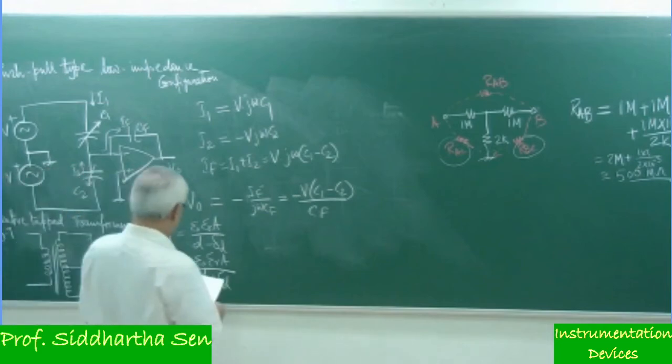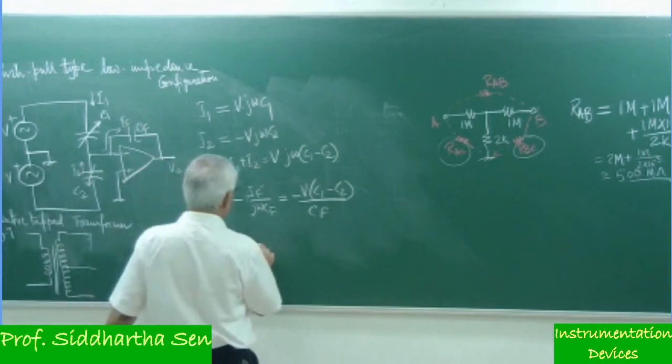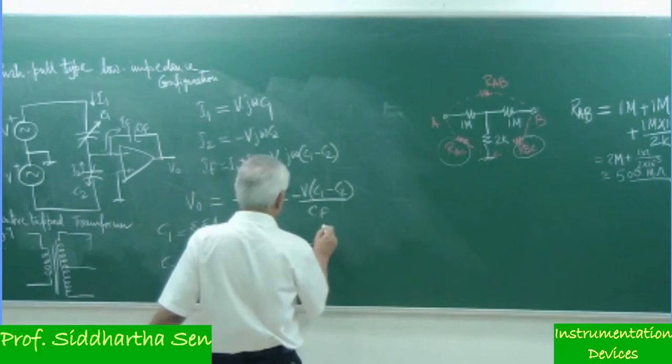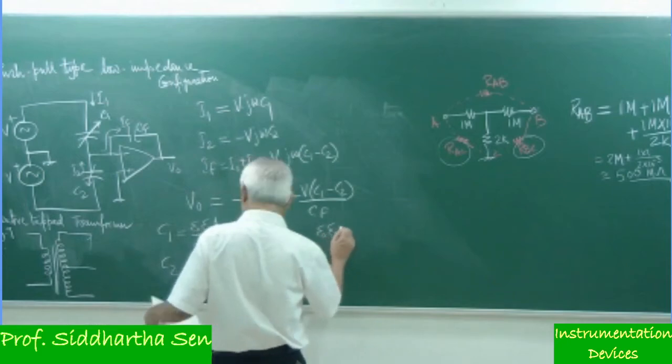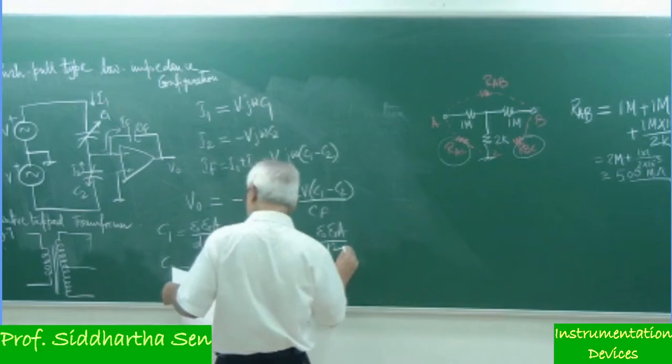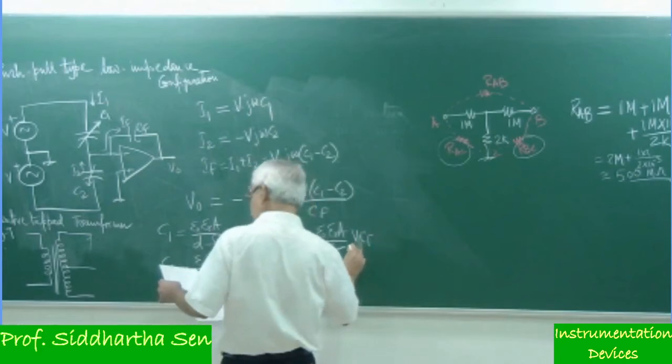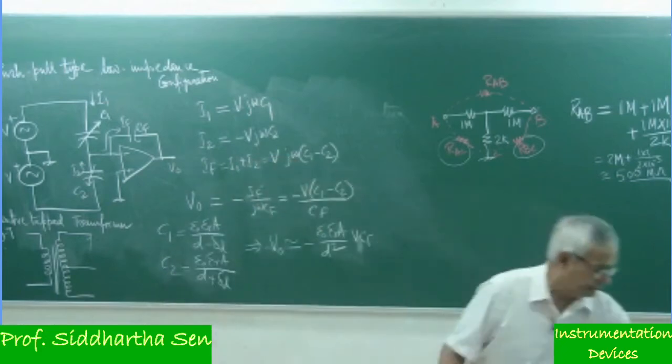In that case, if we put these values, V0 can be expressed as equal to minus epsilon 0 epsilon r A divided by d square into V by Cf